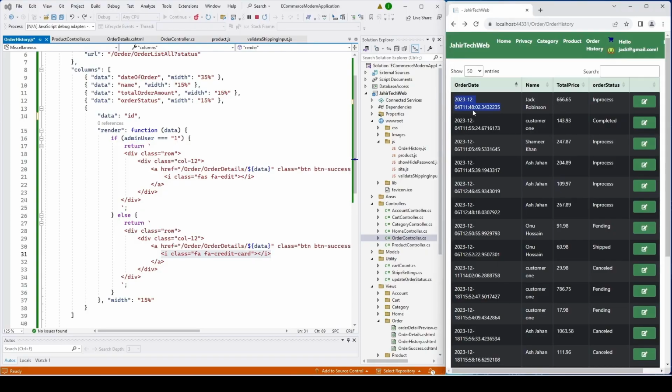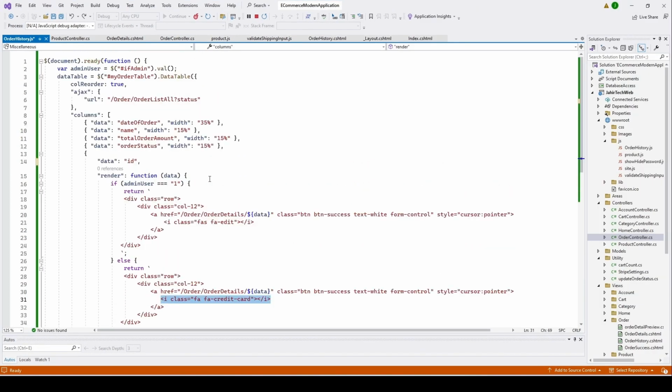The date is coming in long, right? I'll go ahead and have it as a date. I only want to show like 2023 12 4. Okay, so let's go ahead and do it. I'll make it bigger, and this is the column for our date. So here what I'm going to do,